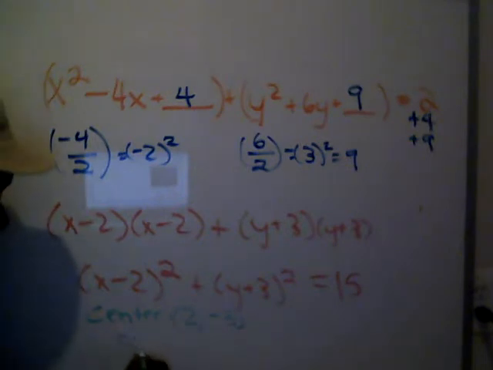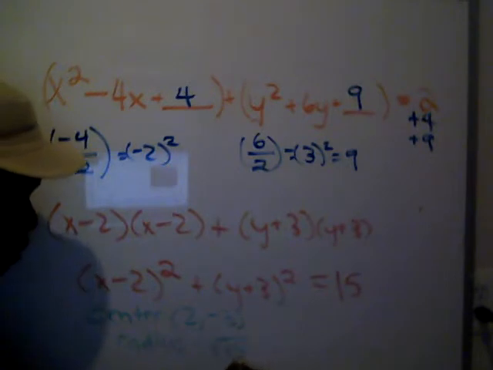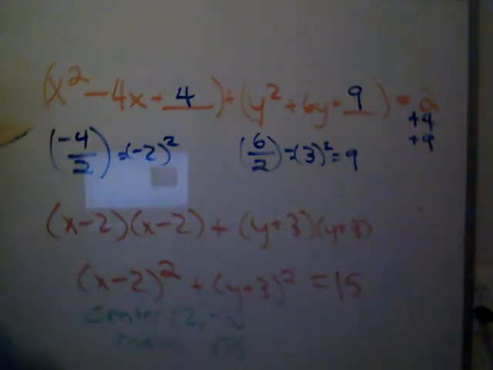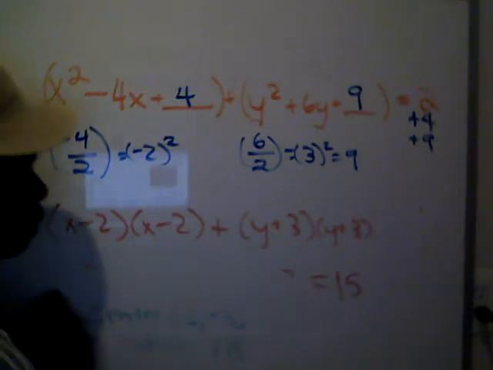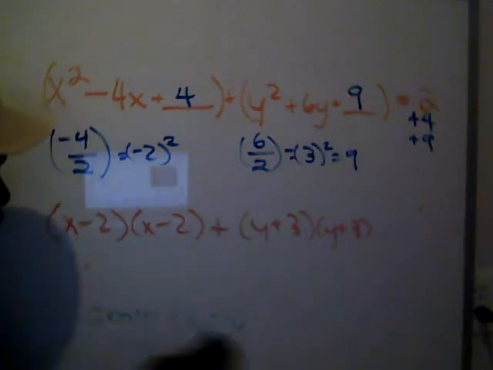And the radius would be the square root of 15. So usually this radius can be a whole number, but in this case, because this 15 is not a perfect square, the radius is the square root of 15, which is a little bit less than 4, so like 3.8 or so. All right, so then if we move on to number 7,